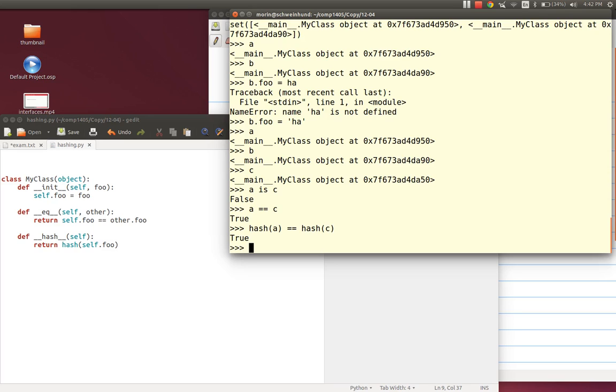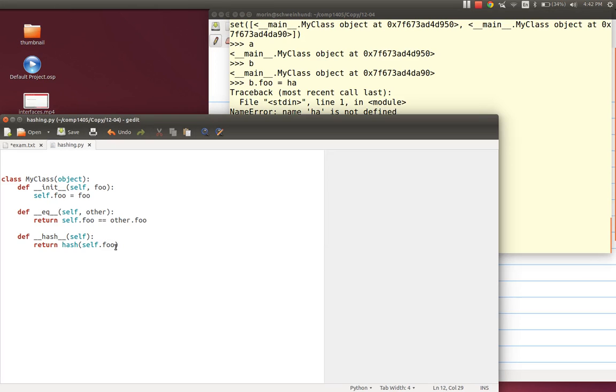Yep. So the hashing doesn't change the place of your memory, right? No, hashing just changes what is returned when you hash this object. And here, it's basically always the case that there's a nice recipe, which is you just look at the equals method, check to see what equals is using to determine if two things are equal, and those are the things you should hash.